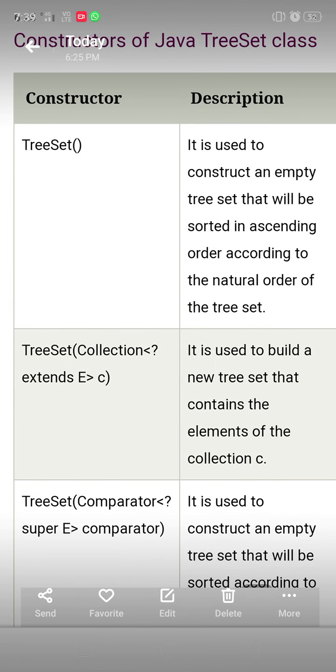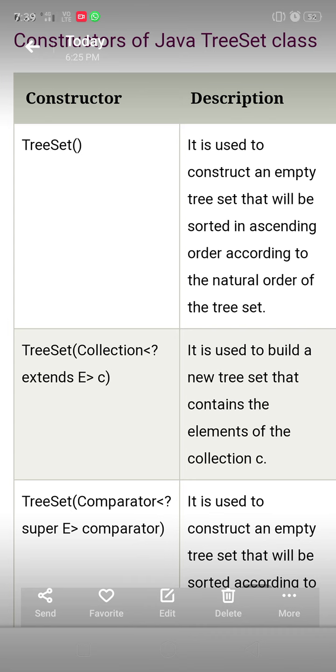So this screen tells about the constructors of the Java TreeSet class. The first constructor is TreeSet() with empty parameters. It is used to construct an empty TreeSet that will be sorted in ascending order according to the natural order of the TreeSet. The second one is TreeSet(Collection c).